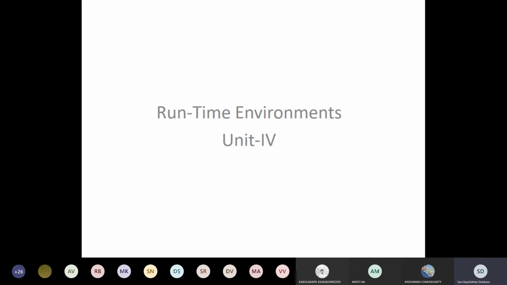So a runtime environment is what is created. How the program is going to handle the runtime environment is a very important aspect here. Now we're going to discuss the different issues that exist in the runtime environment and how those issues are to be handled. Question number 1 is: why does the compiler handle this? Why should the compiler handle the runtime environment?